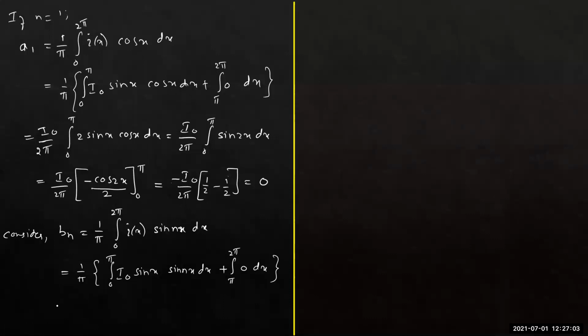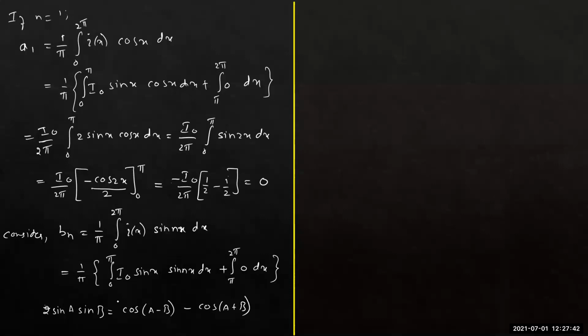While calculating bn, we need to evaluate this integral. I hope you recall this formula once more. It is very much similar to, of course, you can multiply and divide it by 2. That's one thing you can do. And then it's just like 2 sine A sine B. Let me write that formula here. When it is 2 sine A sine B, how can we write it? It is equal to cos of A minus B, am I correct? Cos of A minus B minus cos of A plus B.